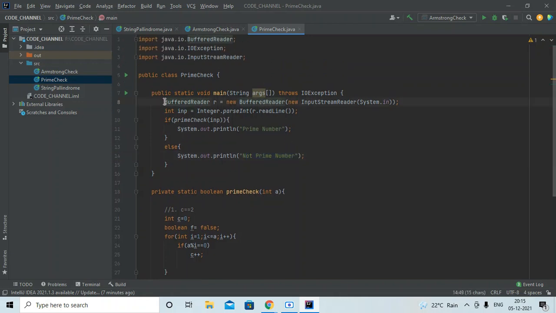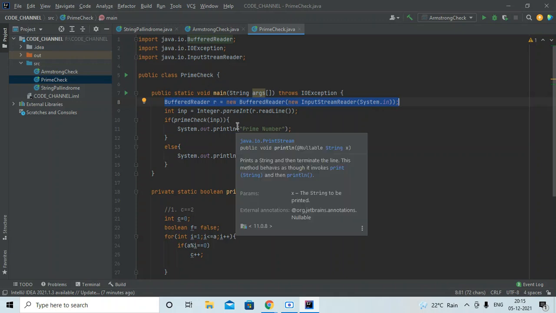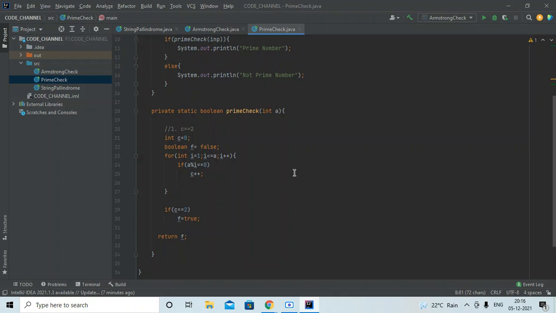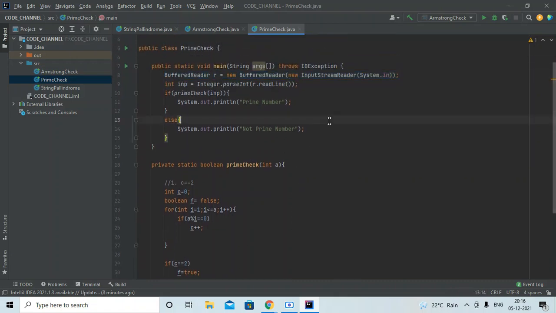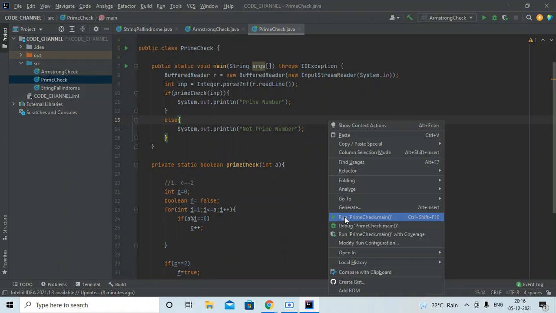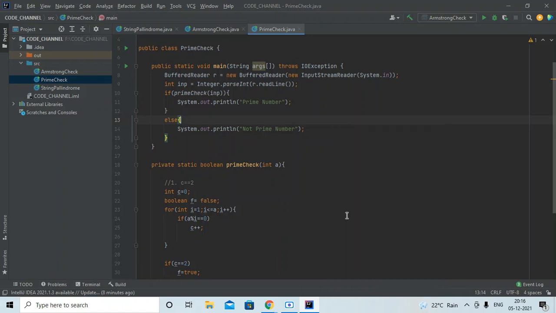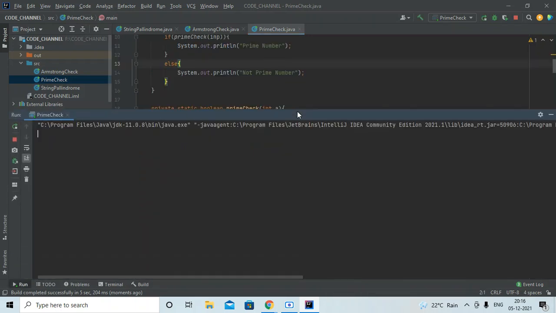And this piece of code, this buffer reader, we are using this buffer reader object from the IO package to take console input. Console means the command prompt, the terminal window. From the terminal window it takes input with the help of this buffer reader. We can also use the scanner class for the same purpose, but I prefer buffer reader because it's more stable and more modularized, and we get a couple of operations more here.